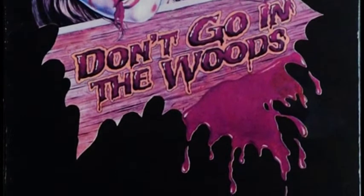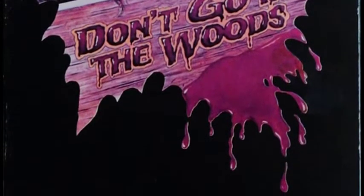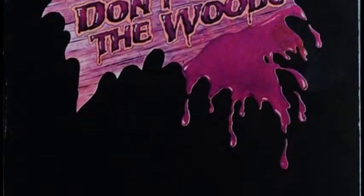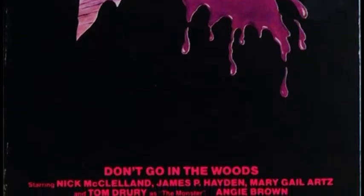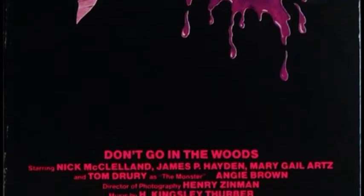And as we now know, I didn't know at the time, but now know from the DVD and the Blu-ray release, this little blood splotch here actually featured the word alone in it. I think the original title was Don't Go in the Woods Alone. I prefer Don't Go in the Woods. After all, when you watch the movie, it doesn't say Don't Go in the Woods Alone as the title. It just says Don't Go in the Woods. So the little bloody splotch here, I guess originally when they made the poster, also featured the word alone there